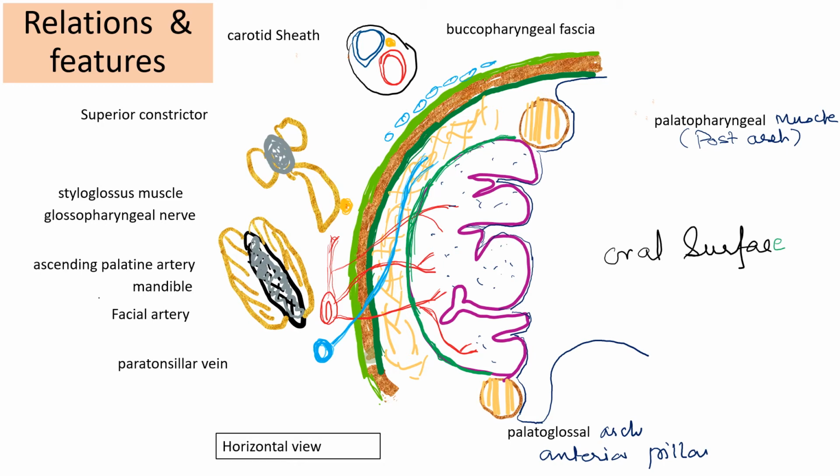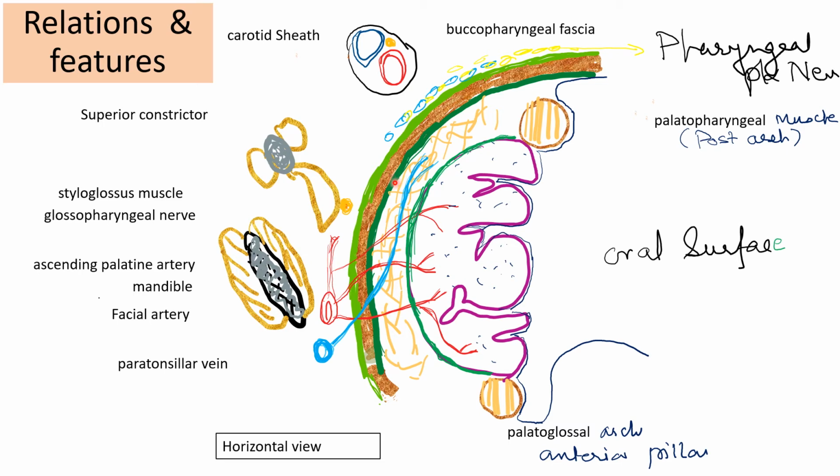Here in this area we also have the nerves in relation to the posterior pharyngeal wall called the pharyngeal plexus of nerves. Let me write it over here. This is called pharyngeal plexus of nerves. So we have all these in lateral relation. Then if we go further laterally beyond the tonsillar fossa, we will get the superior constrictor muscle, which is the superior most constrictor muscle, in the lateral relation.